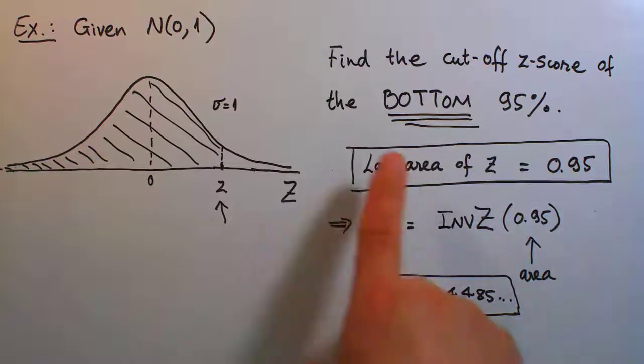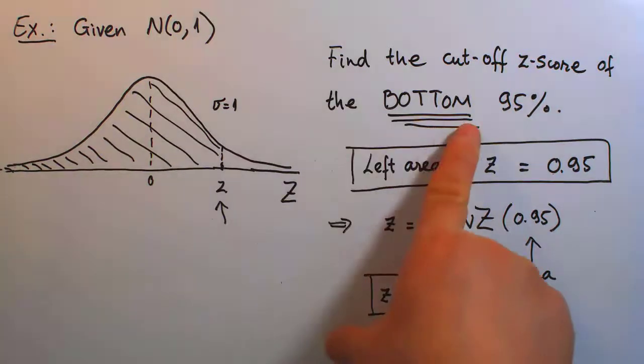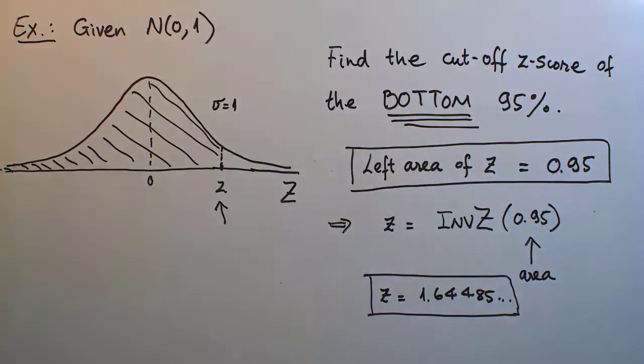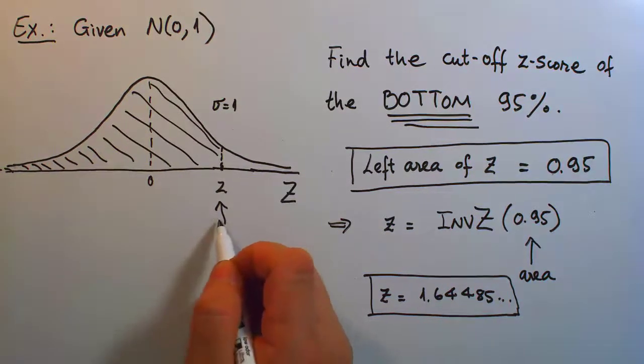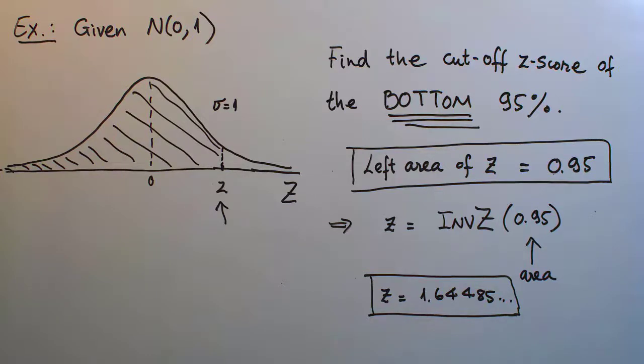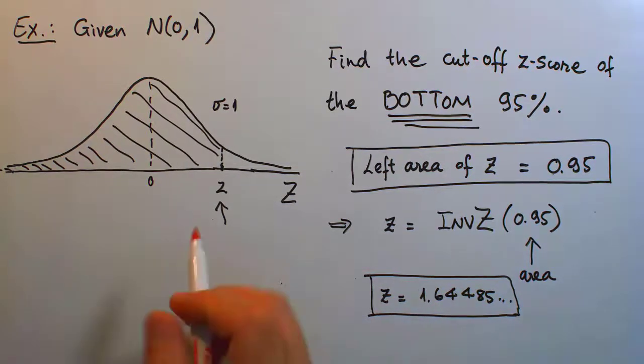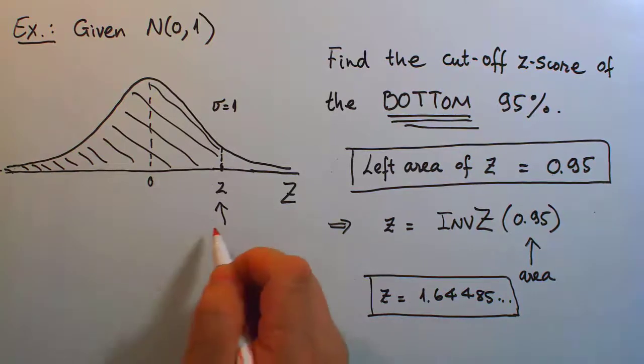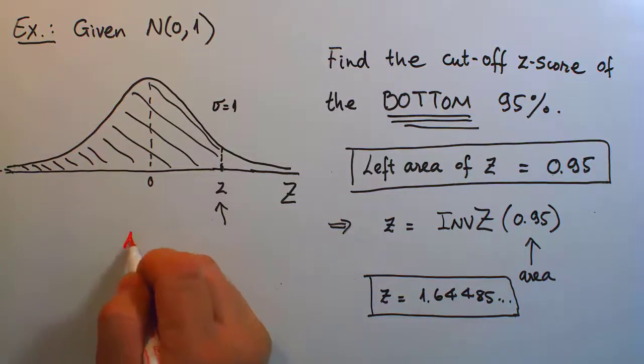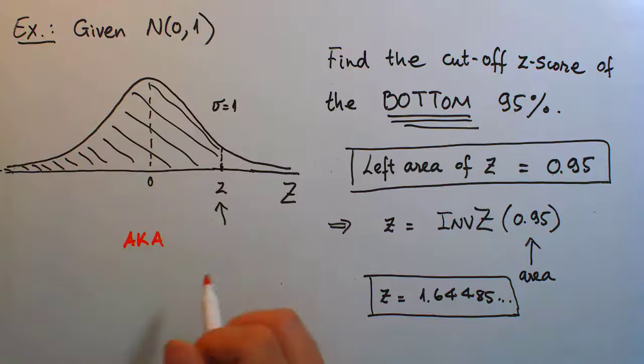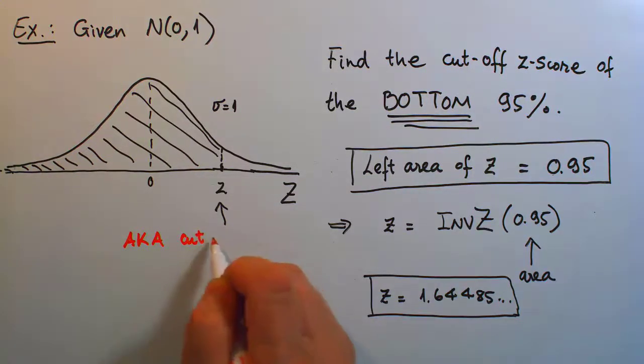And so that's why it's named bottom 95%. But let me branch out a little bit: the same cutoff, the same exact location, can sometimes also be regarded as, because it's just the way area is, also known as the cutoff